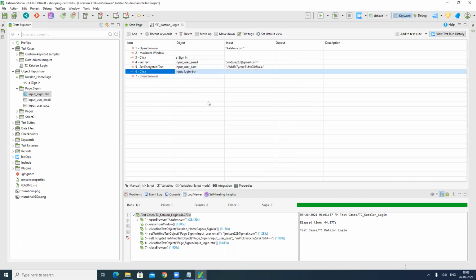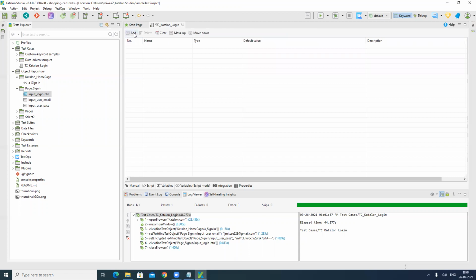One more thing I'm going to cover is variables. In your script, maybe locally or for a particular scope, you need a value in a variable, right? So you can go to variables and add a variable. We will add it as username.